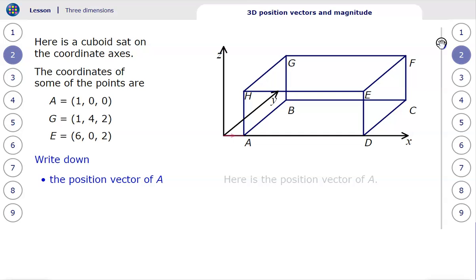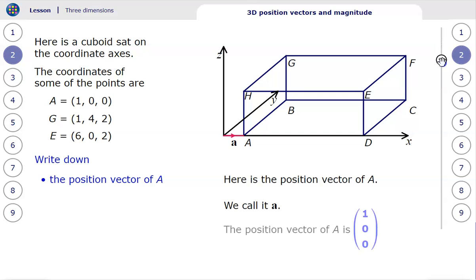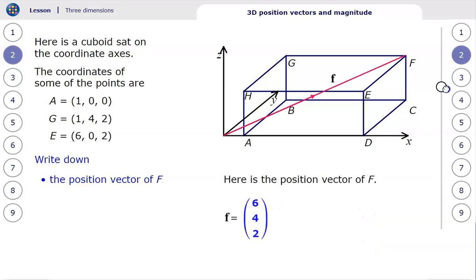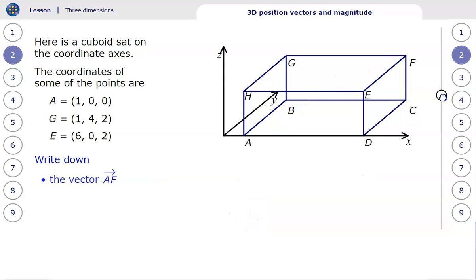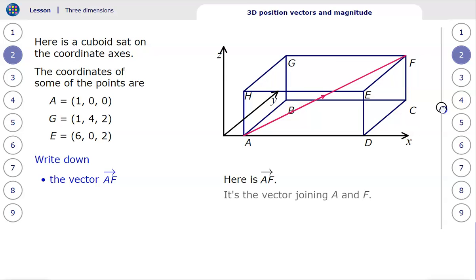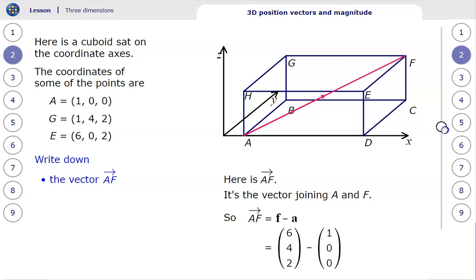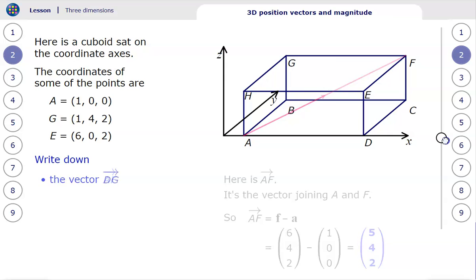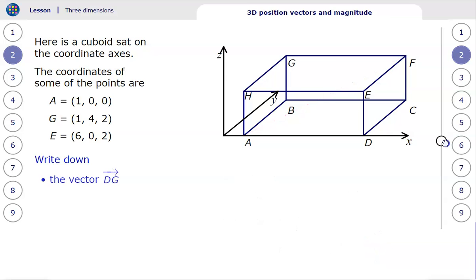So I now need to find the position vector for A. Well, we've got A as being 1, 0, 0. We have F as being the point 6, 4, and 2. Stop the video and figure that out if it's not immediately obvious to you. So if I want to find the displacement vector AF, AF is simply going to be little f minus little a. Plug in the values, the position vectors that I have for those 2 points, simplify, and there's my displacement vector AF. To get the vector DG, I need to know the coordinates of D,